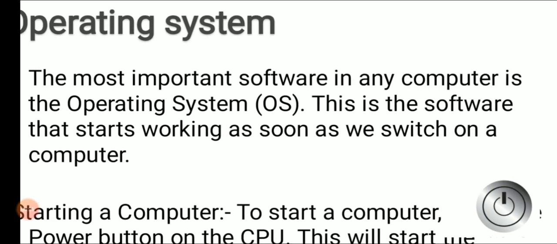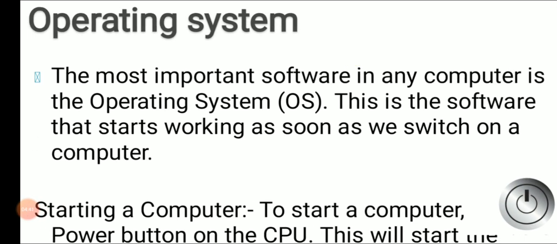Next is operating system. As its name suggests, what is used to operate your system is the operating system, or we can say it is an interface between user and hardware. You are the user, your mobile phone is the hardware. But if Android is not there, are you able to use that mobile phone? No. If you have a laptop but Windows is not there, are you able to use that laptop?